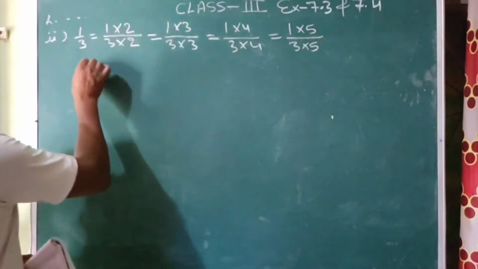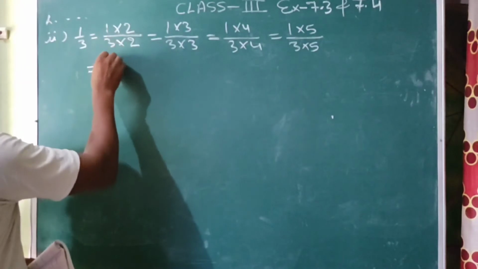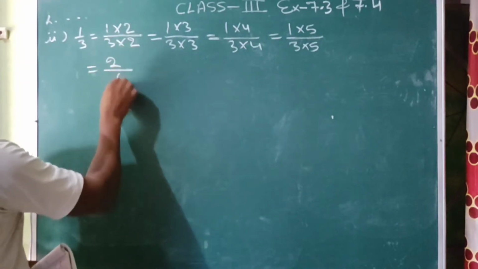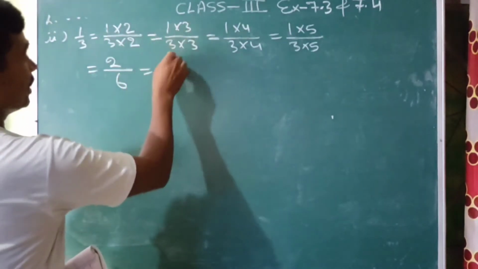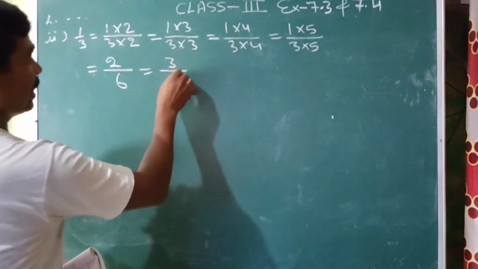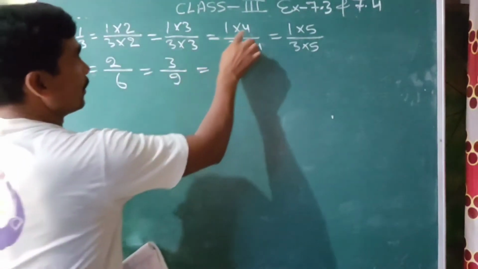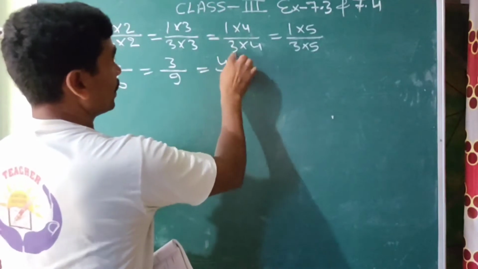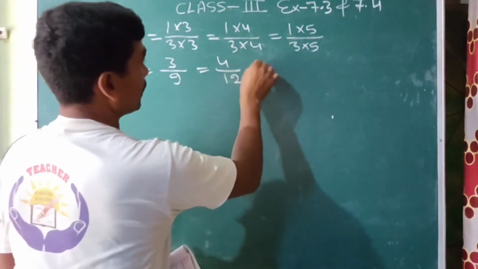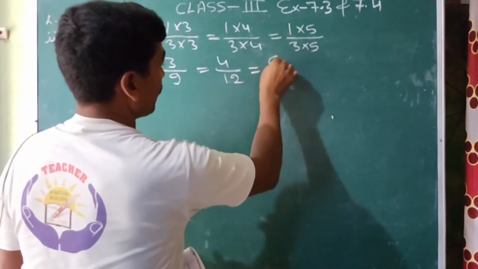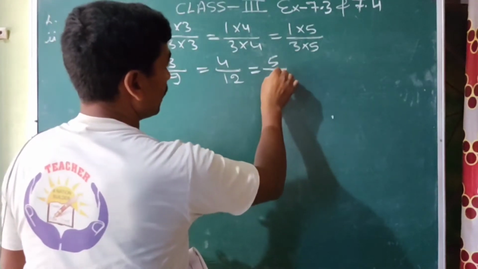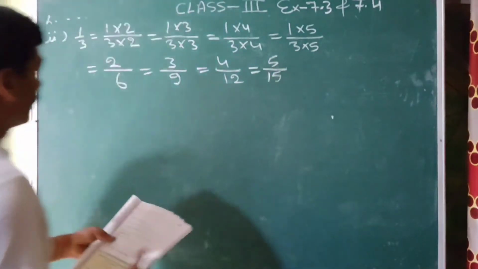So here we will do: 2 1 ja 2, 3 2 ja 6, 1 3 ja 3, 3 3 ja 9, 4 1 ja 4, 3 4 ja 12, 5 1 ja 5, 3 5 ja 15. And then